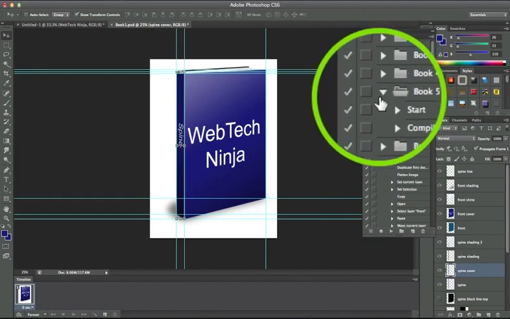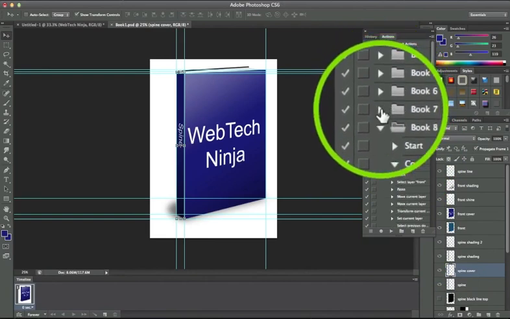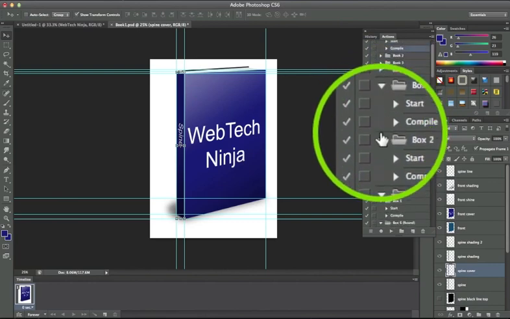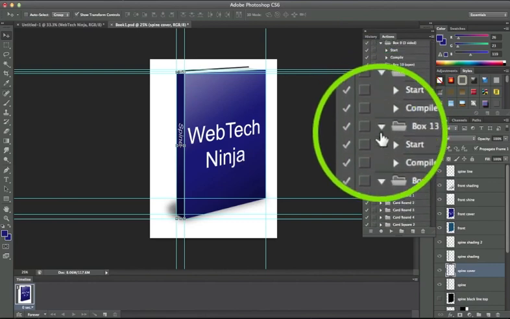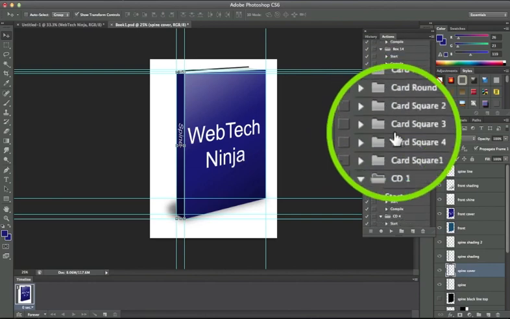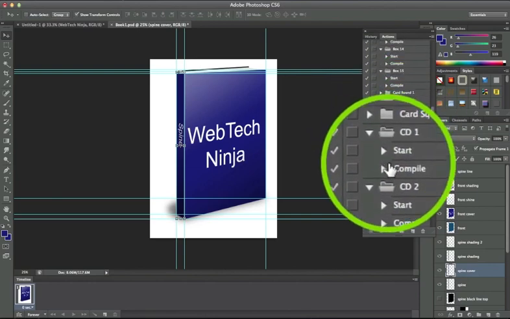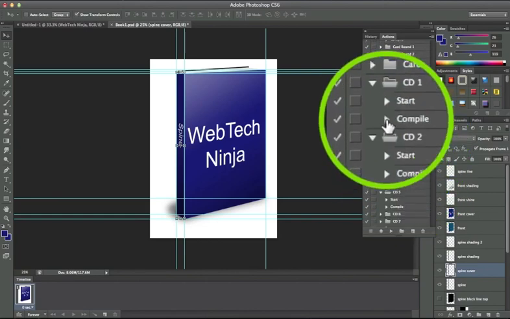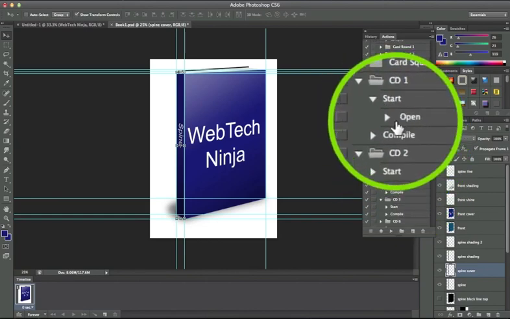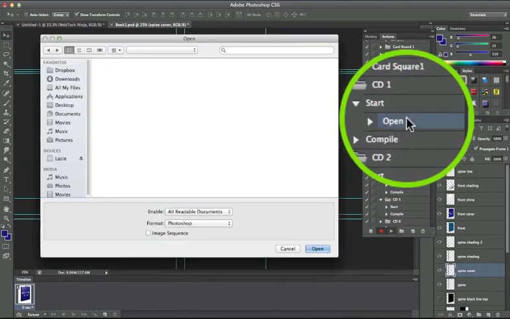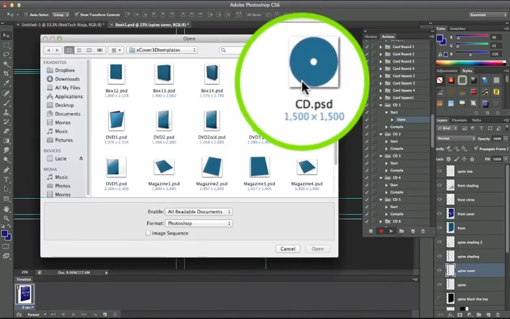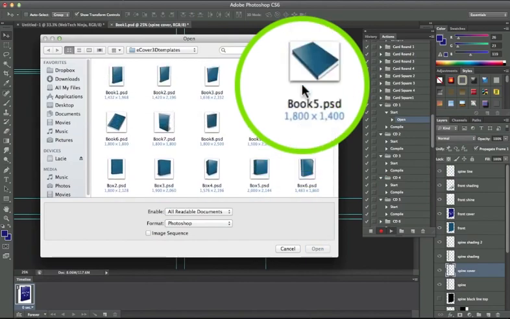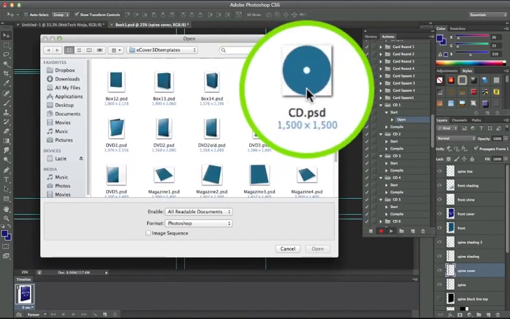Now there's a couple different ones. The CDs are different than the books. So let's go down and take a look at the CDs, because it's a little bit different process for the CDs. So for the CDs, instead of going to compile and open, you'll notice there is no open. That's strange. It's because for the CDs, it's in the start. So in the start, double click open and click the CD. Now there's only one CD template, and that's because CDs are all shaped the same. And so we just click on CD,